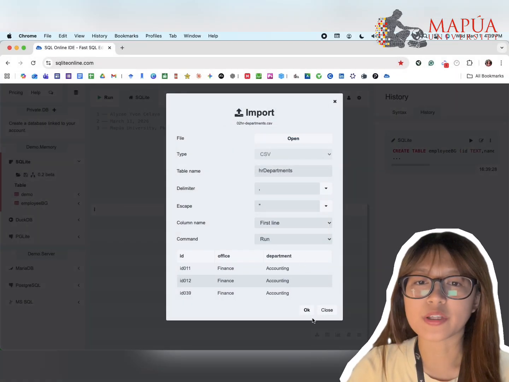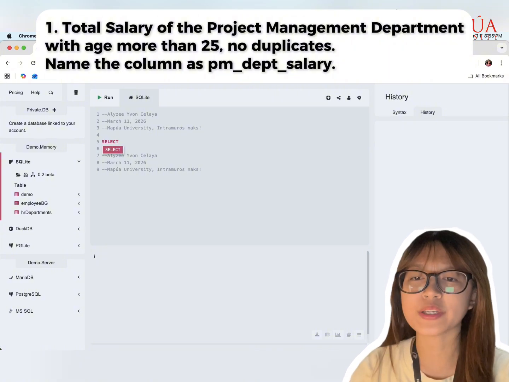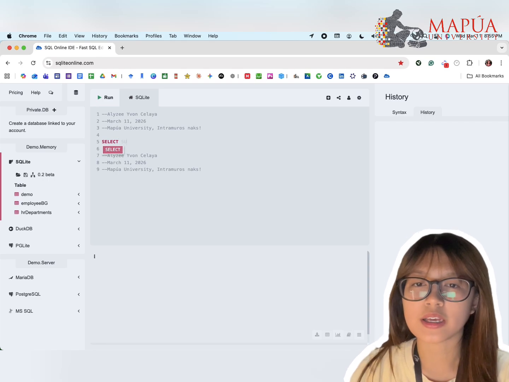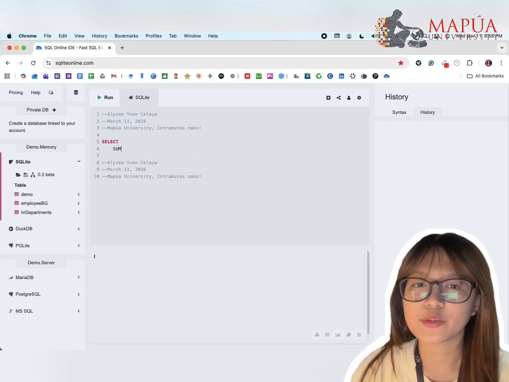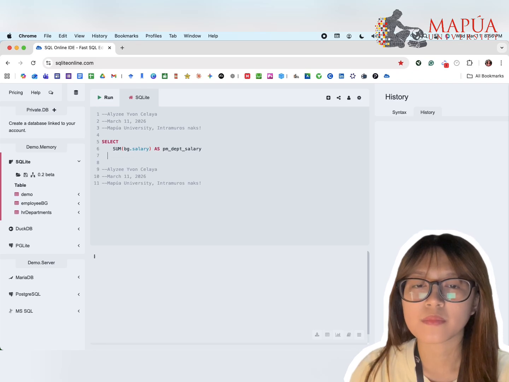For our first requirement, the condition is to find the total salary of Project Management Department with age more than 25, no duplicates, as PM_dep_salary. First, let us do a select and use the sum function on the employee salary to get our total. Since it is required, we should name the column as PM_dep_salary. Then, we use from to pull our data starting from HR department's table, which I gave a short alias of